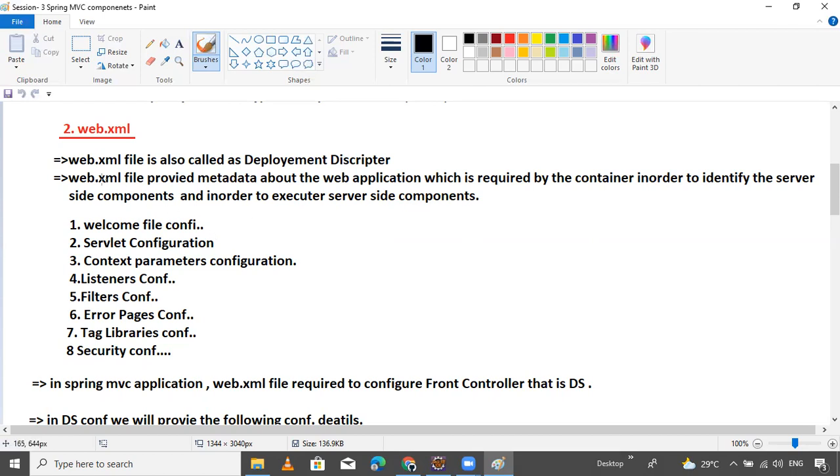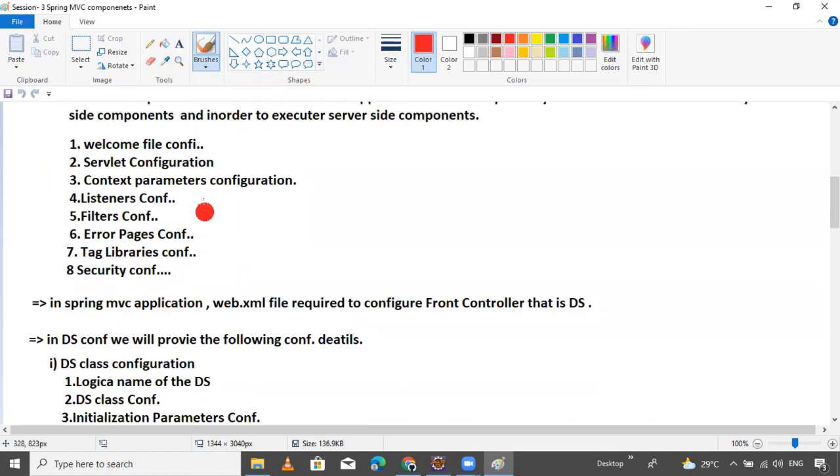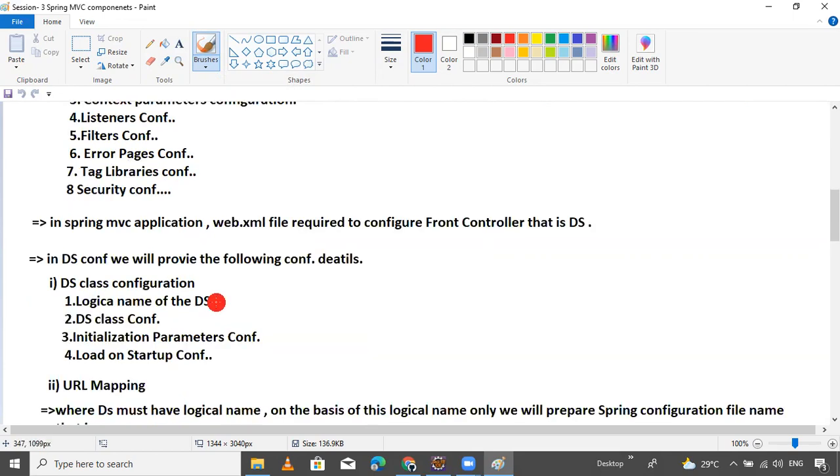The web.xml file gives the required information to the container. These many types of server-side components are there, like welcome file, servlet context, servlet config, listener, filter, error page, tag library, and security configuration files.